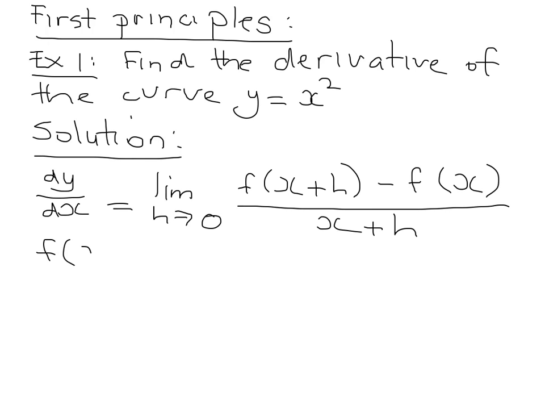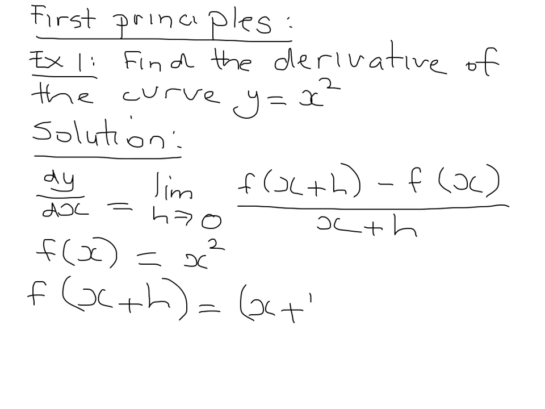So we know what f(x) is, that's the same as y. f(x) is x squared, and f(x + h), well, anywhere you see an x, you now put an x plus h and do the required operation. So it's x squared plus 2xh plus h squared. So putting that all together,